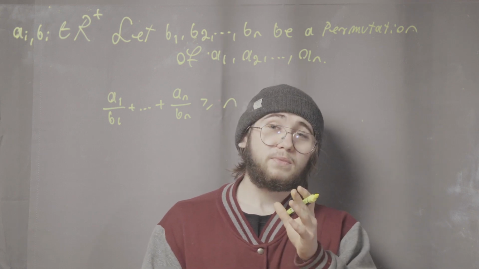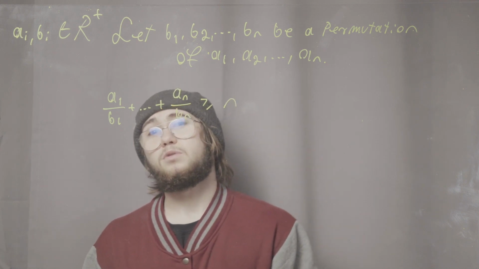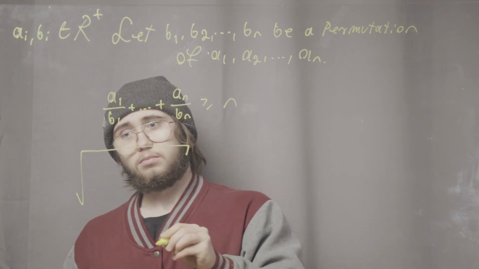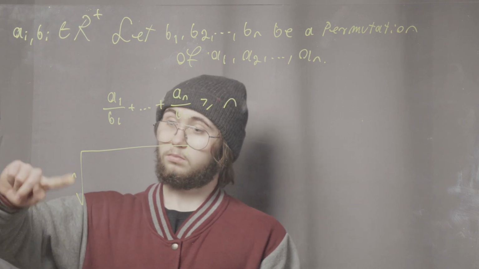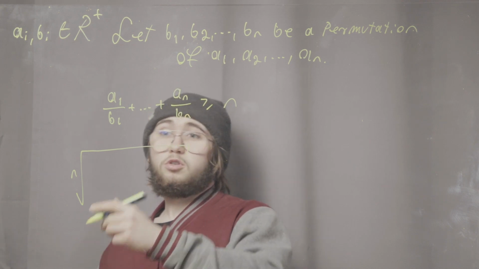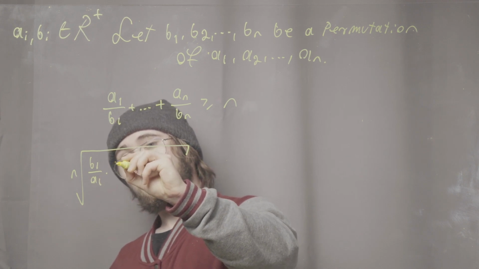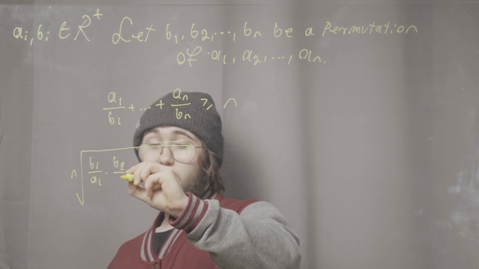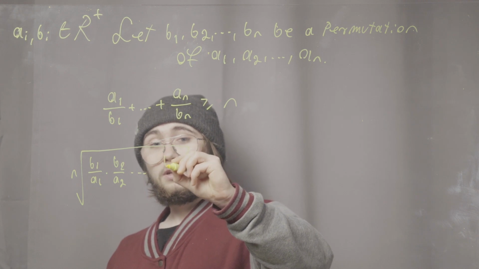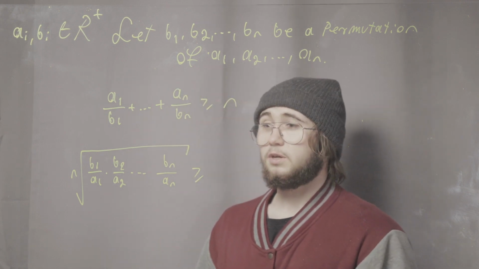I would opt for the GM-HM inequality. And why is that so? Notice one thing, and that's a nice construction actually. If you take the nth root, the geometric mean, of the reciprocals of these, those are reciprocals. So b1 over a1, b2 over a2. This is not a1 over b1, this is b1 over a1 here. That's crucial. The nth root of b1 over a1 times up to bn over an is going to be greater than or equal to, well,